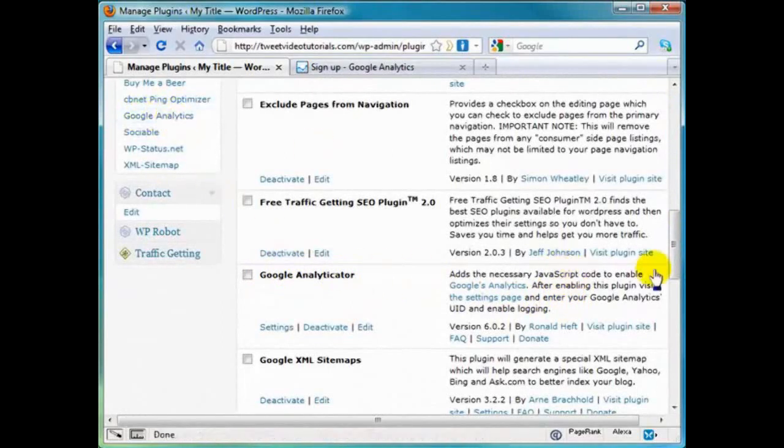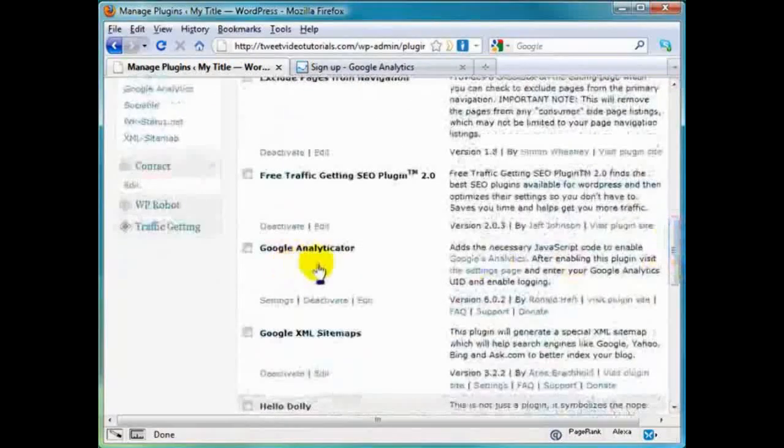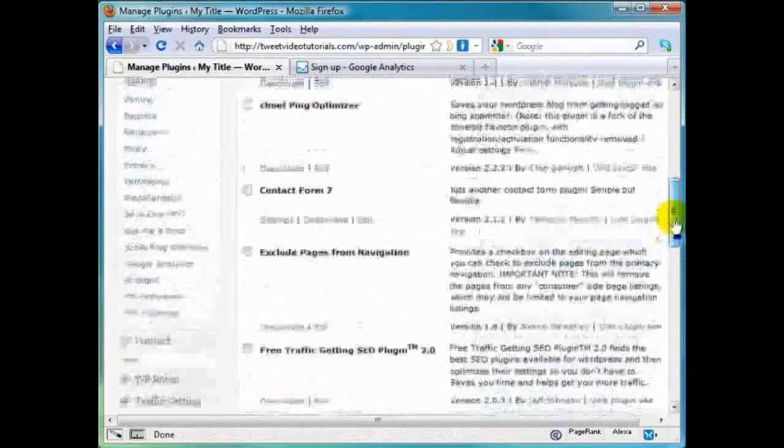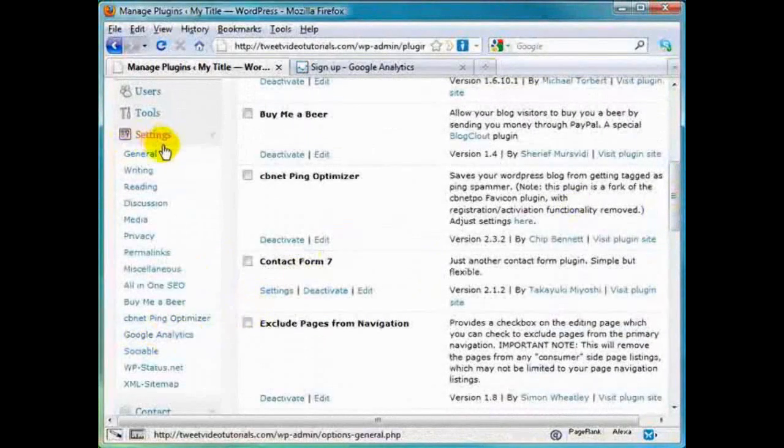So we go over here to the Settings tab. Of course, once you've got it activated and everything. Oh, and by the by, this is part of the core plugins of the newest version of Traffic Getting SEO plugin. So this will work kind of hand in hand with getting you some good SEO rankings. So if you click on this under the Settings tab,